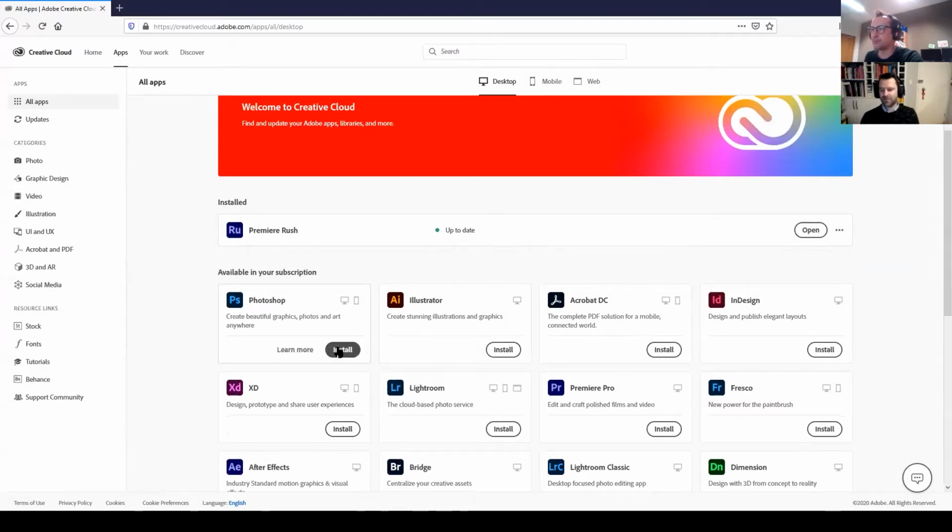Okay. And there's a bunch of other things you could use if you wanted to. Yeah, just like Fresco, for example, but we're not going to use Fresco. And so once it's here, you click one of these install buttons, it will install. It's up to date. It's ready. I'm just going to open it. And from here, I can see it opening up on my other screen. We're just going to drag it over